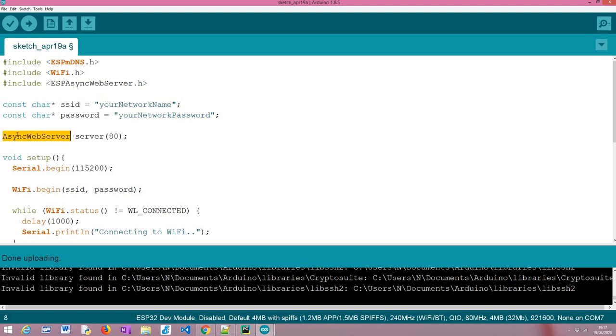After that, we need to define an object of class AsyncWebServer. This object will be used by us to call some methods to set up the server, to configure the routing of the server, and then to make it listen to incoming requests. As input of the constructor of this class, we need to pass an integer that basically corresponds to the network port where the ESP32 will be listening to the incoming requests.